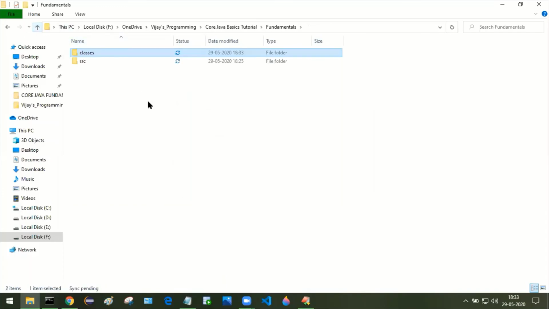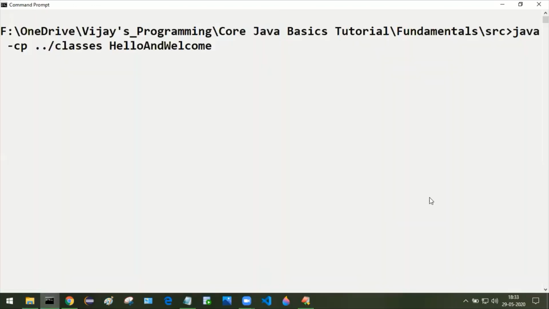We are going to trigger the command right from the src itself. We are not going to the classes folder. To minimize our work, we are going to use the -cp option, that we are going to trigger right from the src folder itself.